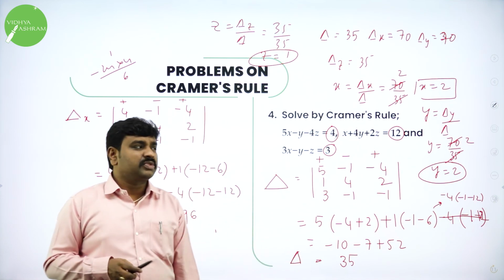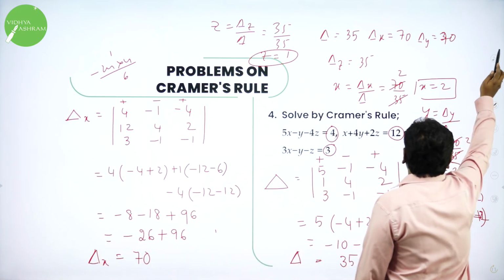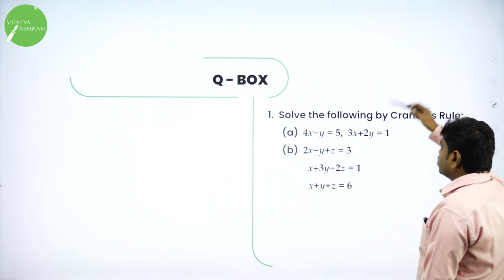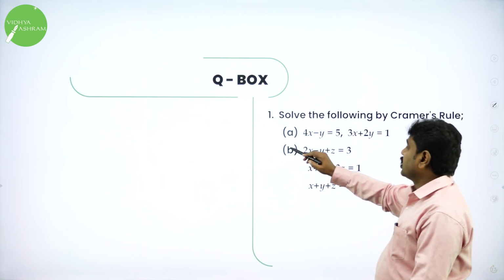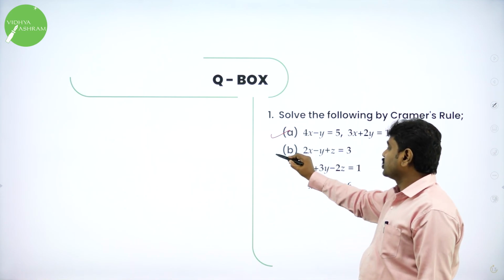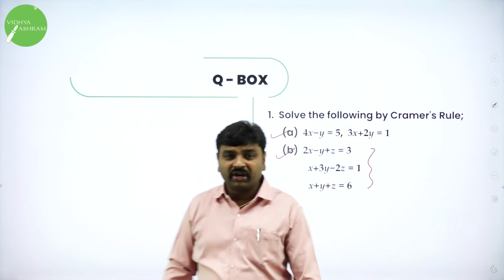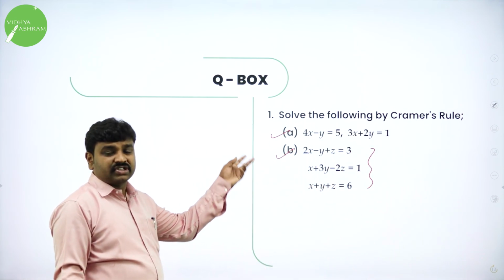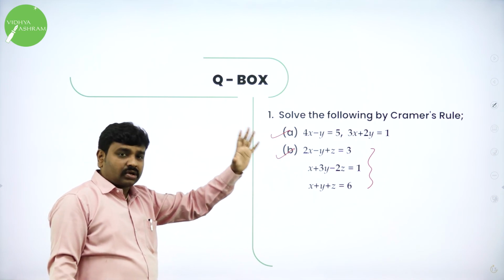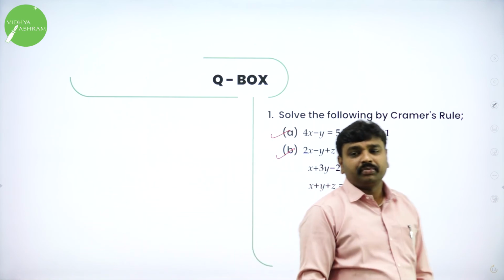So by now I have concluded Cramer's rule. Sit and practice as many problems as possible in Cramer's rule, or complete all the exercise problems of NCERT in Cramer's rule. So solve these questions. I am asking you to solve question A, which is a 2 cross 2, and question B, which is a 3 cross 3. Two different questions I have compiled. Please sit and solve this. First question 2 cross 2, using Cramer's rule you solve. Second, practice this. So these are all compulsory questions. This type is an important type.